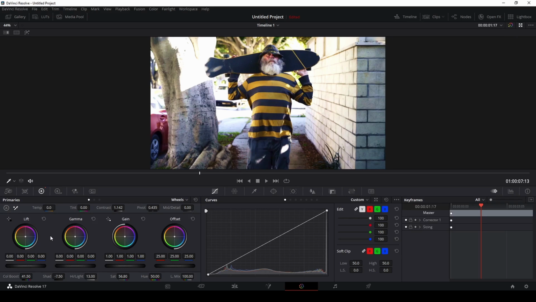So you can also do things like change the lift, the gamma, and the gain. So for example, if I want to remove a certain color, I could take away some of the yellow and put some blue in or put some red in. And if you want to undo that, just click here. The gamma, same thing. You can adjust your gamma this way,